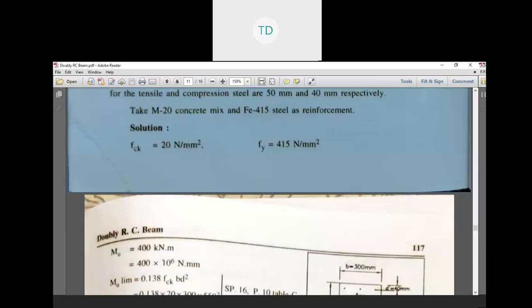is equal to Mu2. Put the values of Mu and Mu limit in this: FSC minus FCC into ASC into D minus D dash. Now put all the values we have for these factors into the equation. We get ASC is equal to 852.11 mm square. Okay. In this case, the FCC value is negligible.